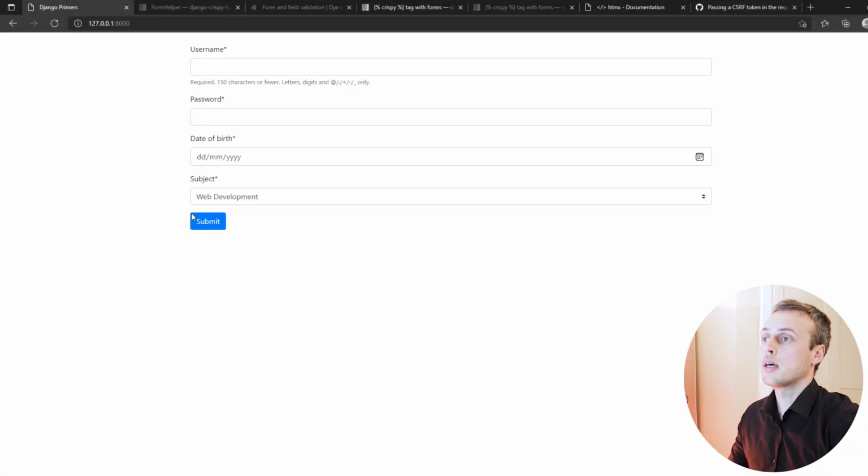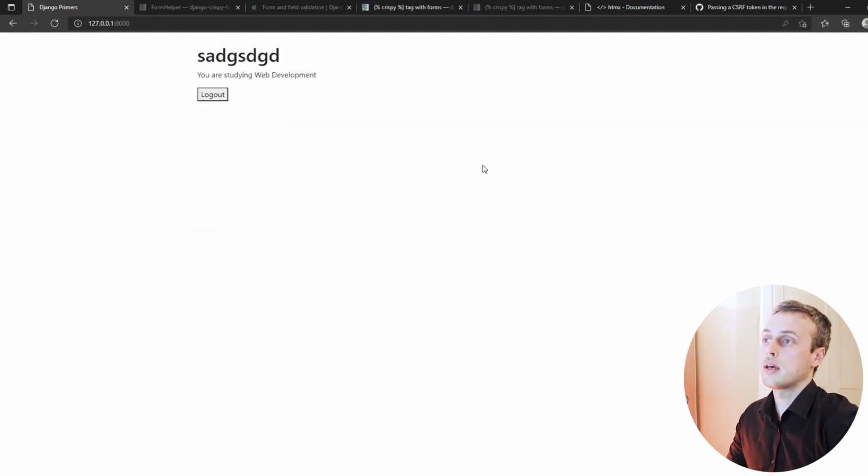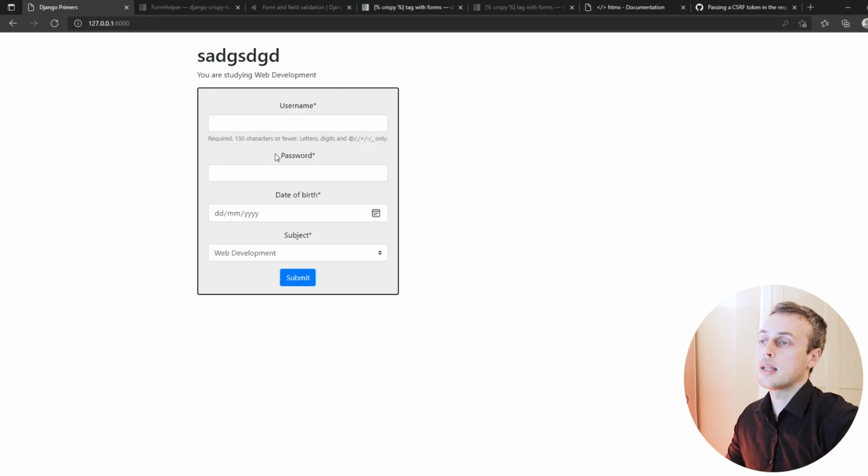and then we can go back to our form, and if we refresh the page, let's see now if this works. So we'll fill out the form, we'll give it a date of birth, and when we submit that, we are logged in. When we log out, we get this unexpected form showing up. Now, the logout is actually working, but the HTML that's returned is being swapped into the wrong part of the